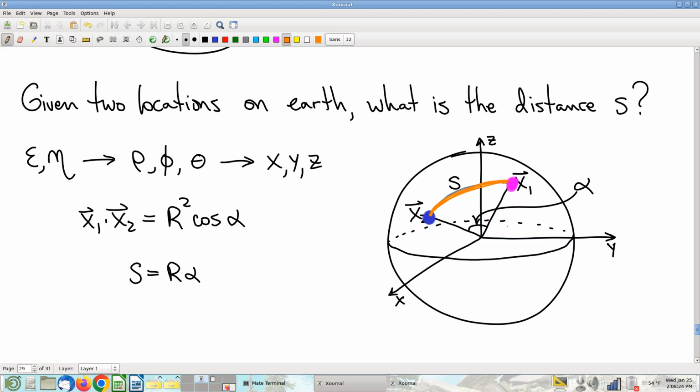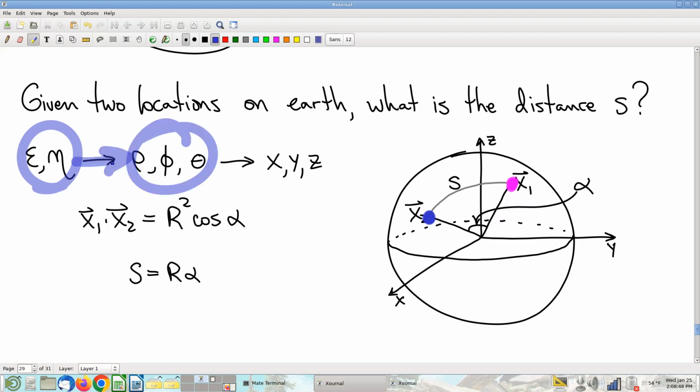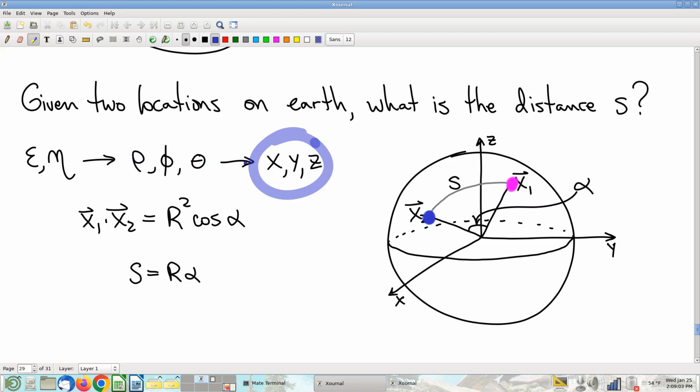Here's a neat move, and I wish I thought of this, but somebody much more clever than I thought of it. If you know the longitudes and latitudes for these points, easily Googleable, then per the observations above, you can write those in spherical coordinates. Nothing to it. Once you have the spherical coordinates, you can convert to rectangular coordinates, using the formulas on the previous page. And once you have the x, y, and z coordinates for these points, you can use